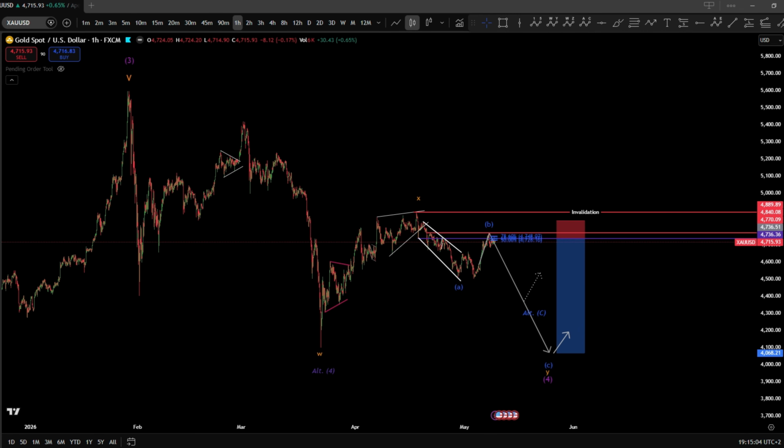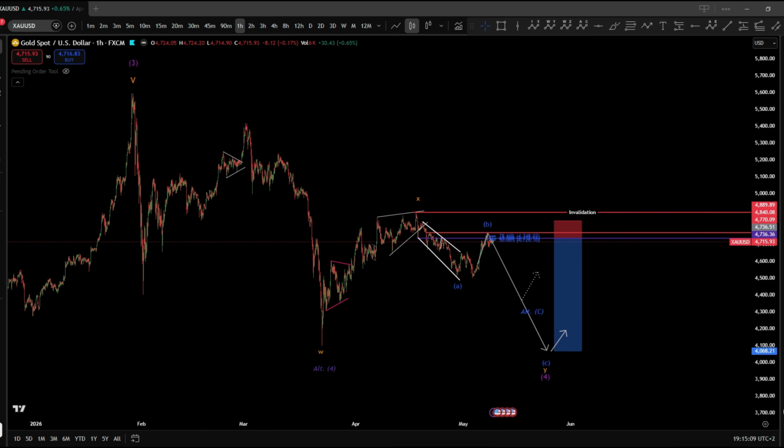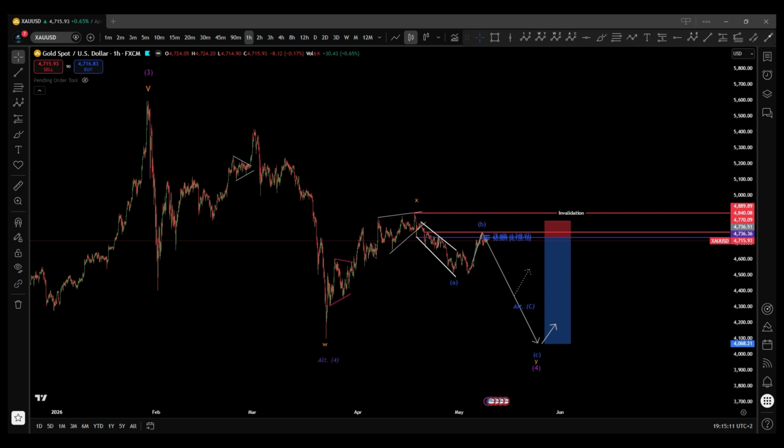This is the WaveMaster weekly outlook. Every weekend I break down the market structure using Elliott Wave Theory, the same framework I use on my funded